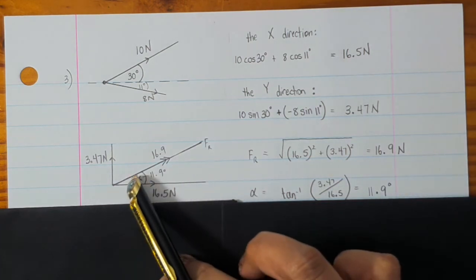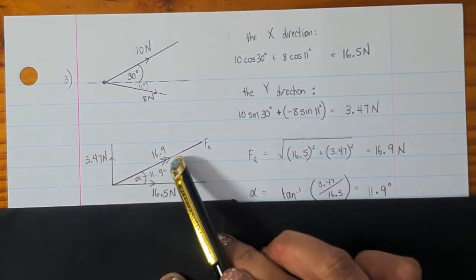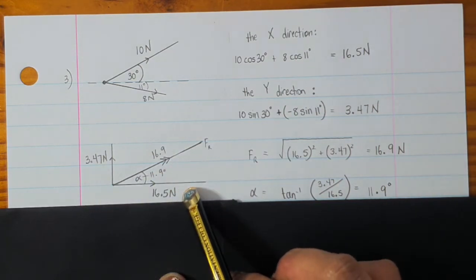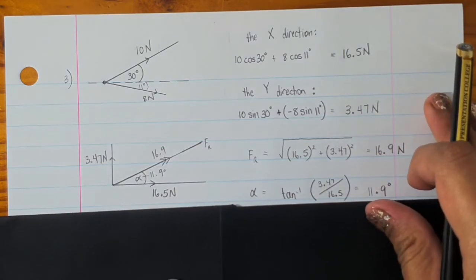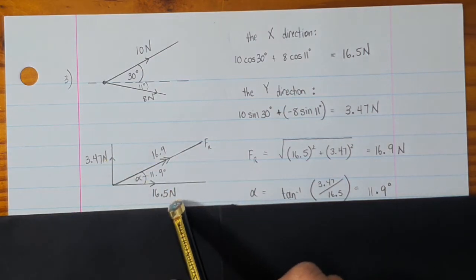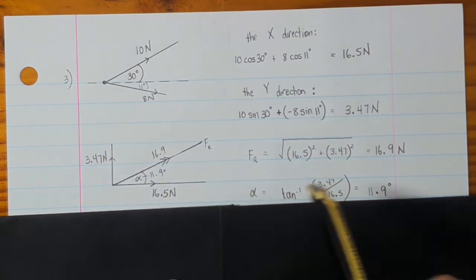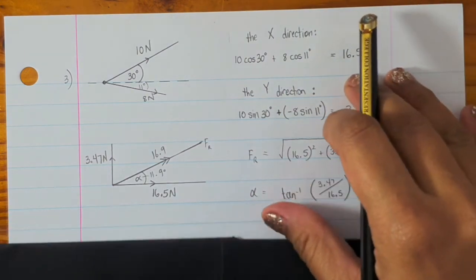The angle that I've chosen, we can see from the diagram, I'm still sticking with the angle between the resultant and the horizontal axis. So that's tan inverse of the vertical over the horizontal, because opposite over adjacent for tan, and that worked out to be 11.9 degrees. So for number 4,